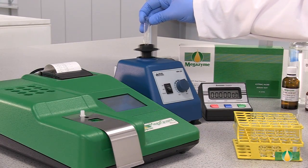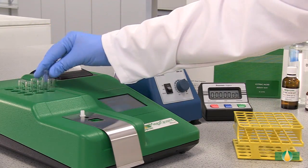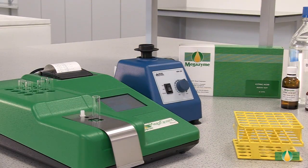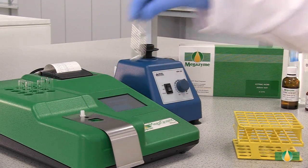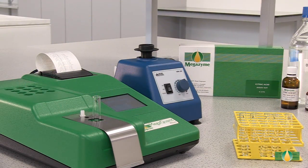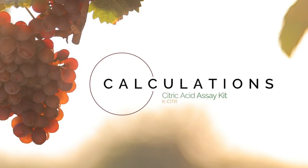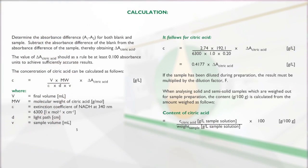Mix the tubes thoroughly and incubate them at 37 degrees Celsius for 5 minutes to allow the reaction to go to completion. Record the absorbance reading A2 for all of the assay tubes. This absorbance reading completes the measurement of citric acid. The absorbance readings A1 and A2 of the sample and blank reactions are used to calculate the citric acid concentrations